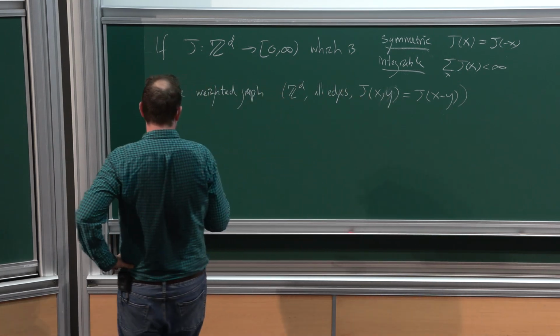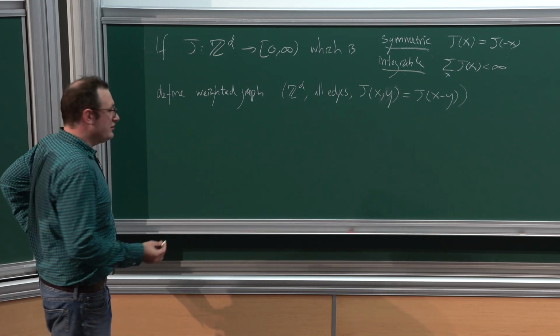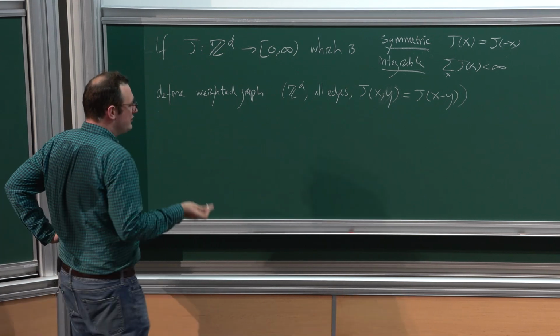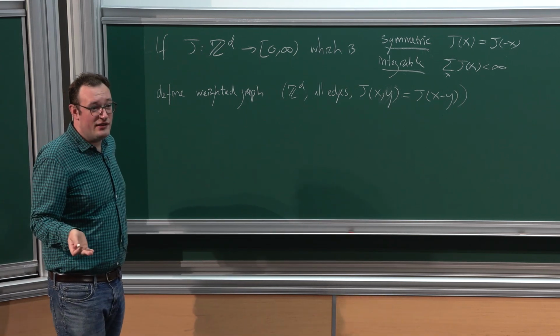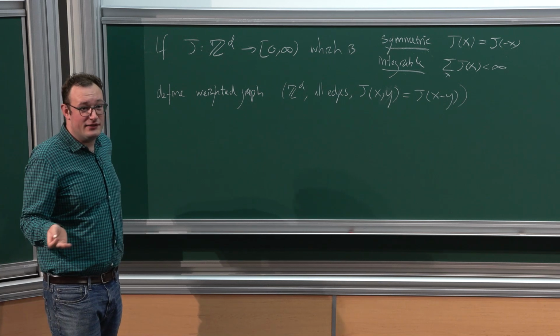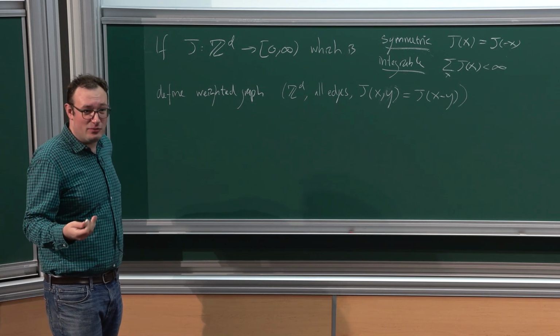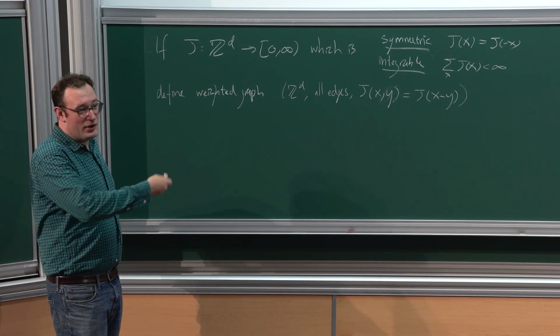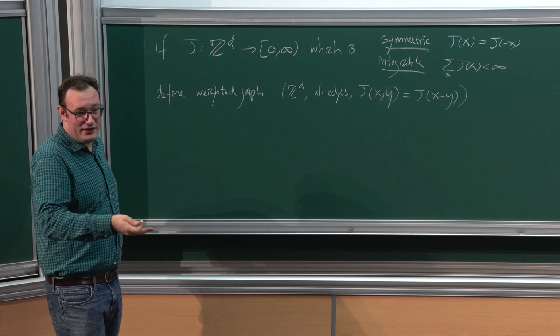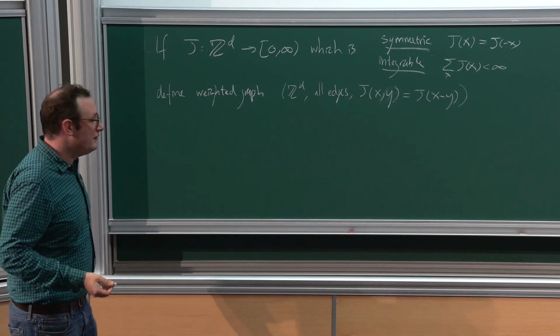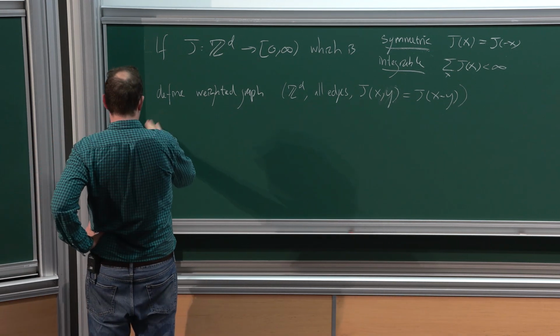So the particular kernel that we're going to be most interested in. Of course, for one thing, you could just take J to be the indicator that x and y are adjacent in the hypercubic grid, and then studying percolation with that kernel is just completely equivalent to studying nearest neighbor percolation. What we're going to be interested in